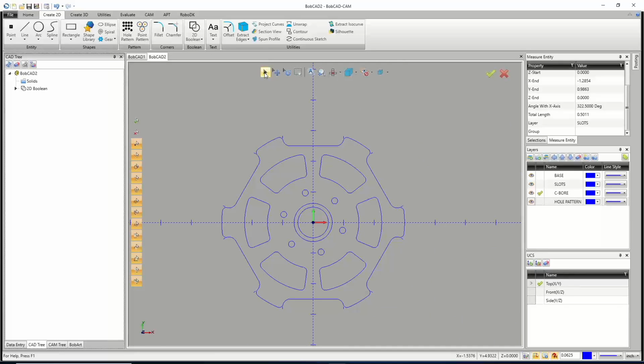We got them all taken care of. And now we have all these extra pieces. So there's a bunch of ways you could go about this. Picking small lines, it's not super difficult, but it is more difficult than picking big geometry. So what I could do is, because we drew this stuff correctly, we could turn off things we don't need until we're left with just the